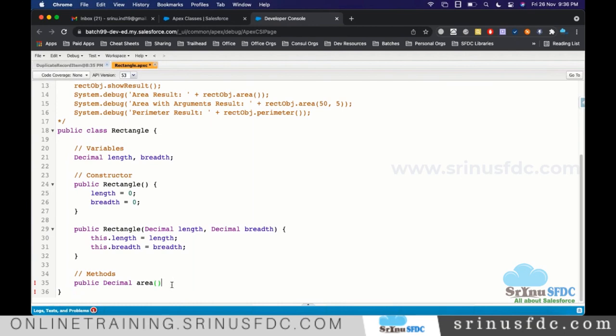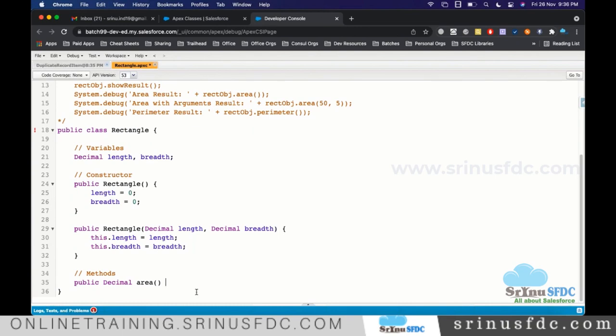That we have to remember. With some practice, you will remember it. But you should not give them for a class. People write like this, and that is wrong. For a class, we don't give it like that. For a constructor or method, we give it like this.